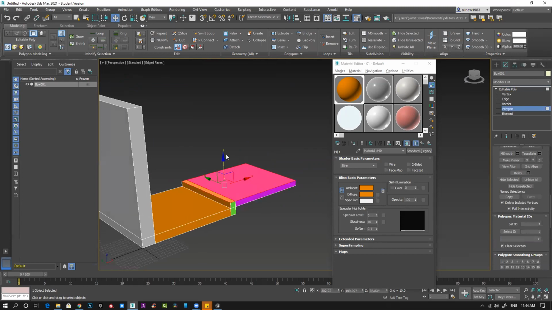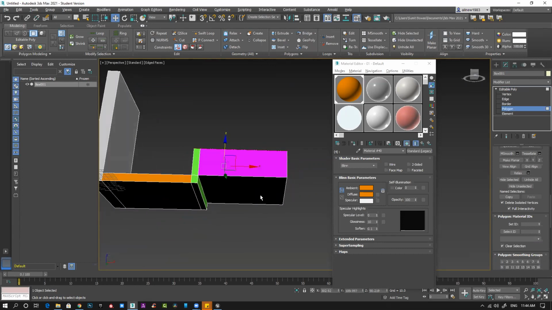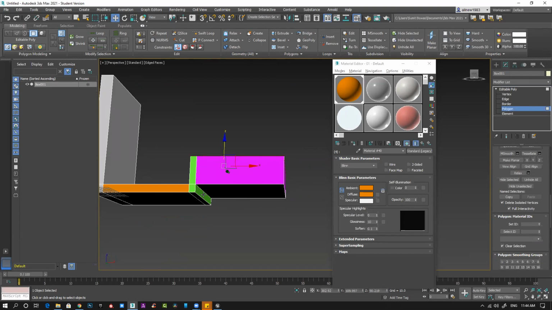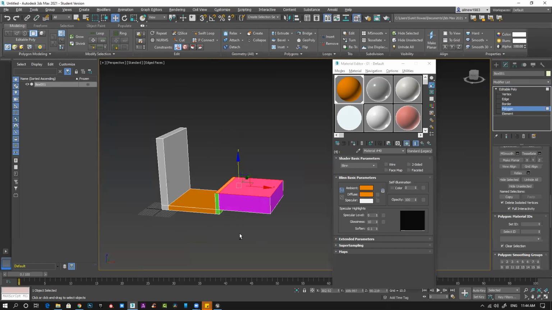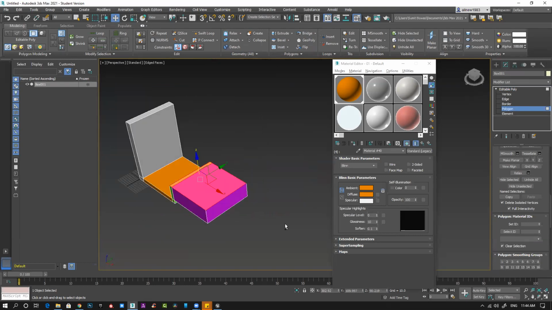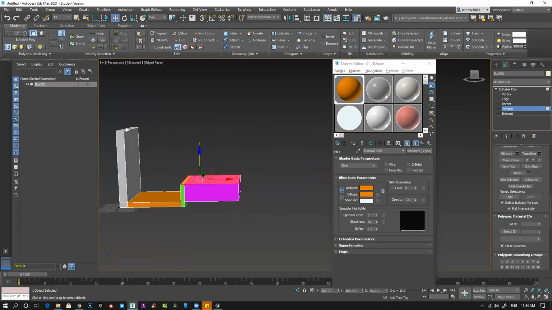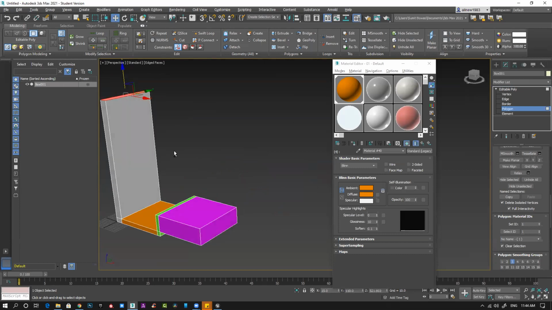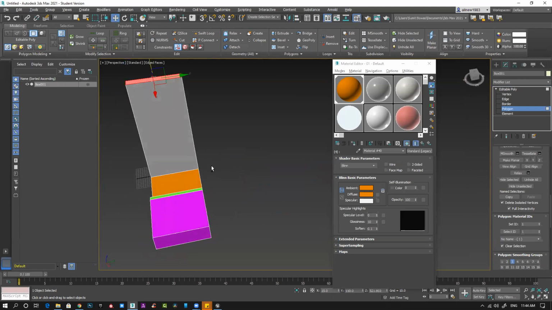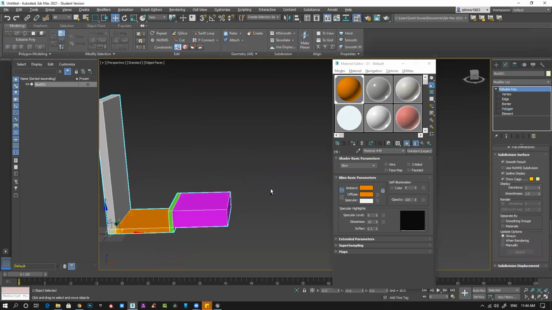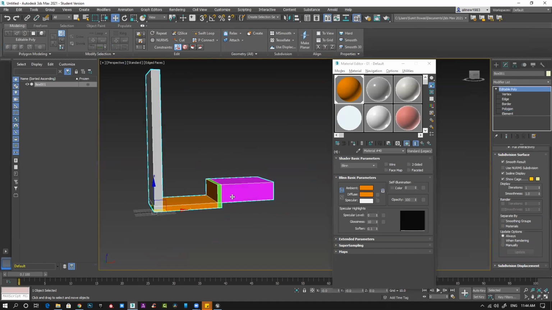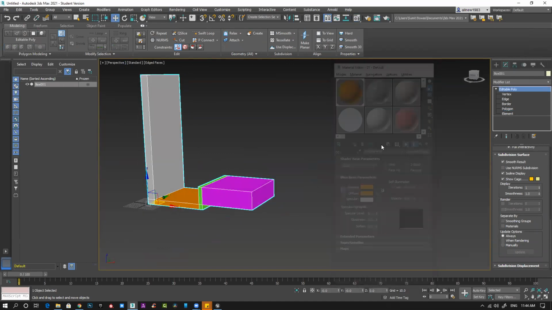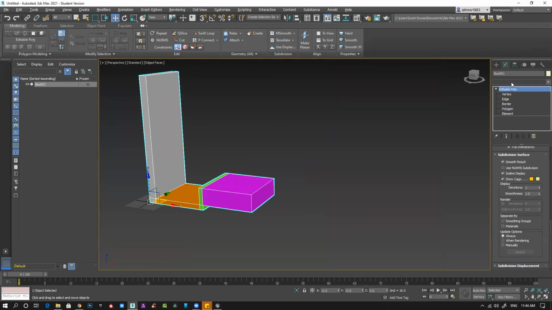Polygon. Let's select these two and make it a bit elongated. This base doesn't matter because that part is not visible. If I want, I can just simply delete this also, or I can keep it like this. So I have a decent amount of space here. I'll make it a bit elongated, a bit long, so it will look nice. Okay, now I have multiple colors, multiple materials, and let's UV it.